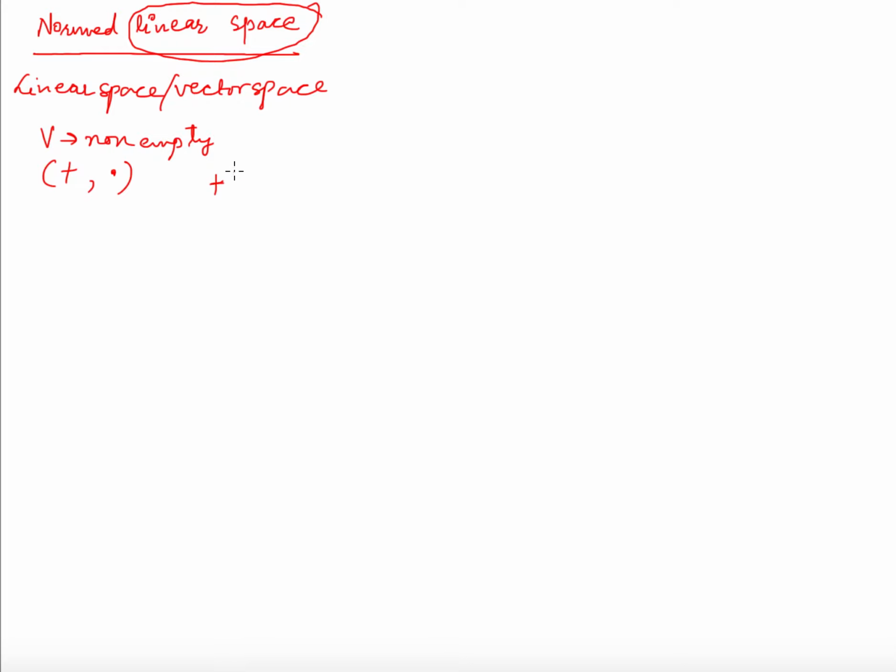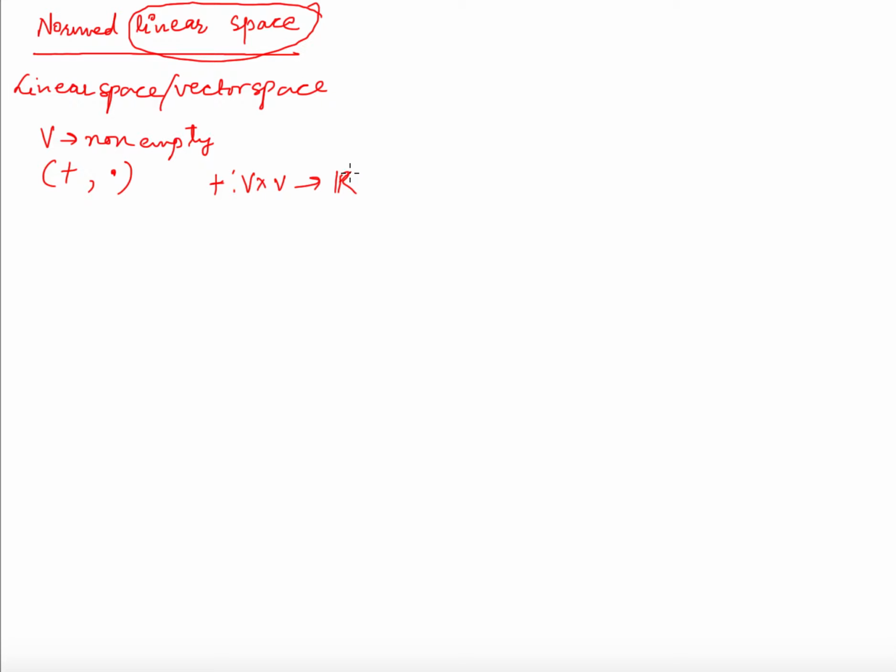This plus operation is from V cross V to R if I am dealing with real vector spaces. So it means that you are taking two elements from V, first element from V, second element from V, and you are operating this function.